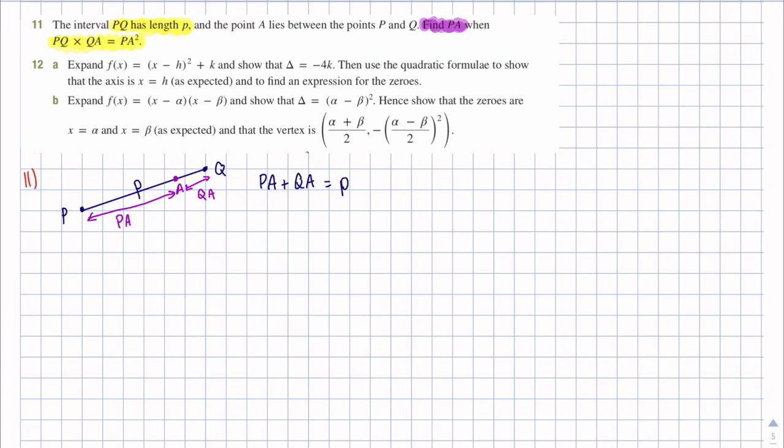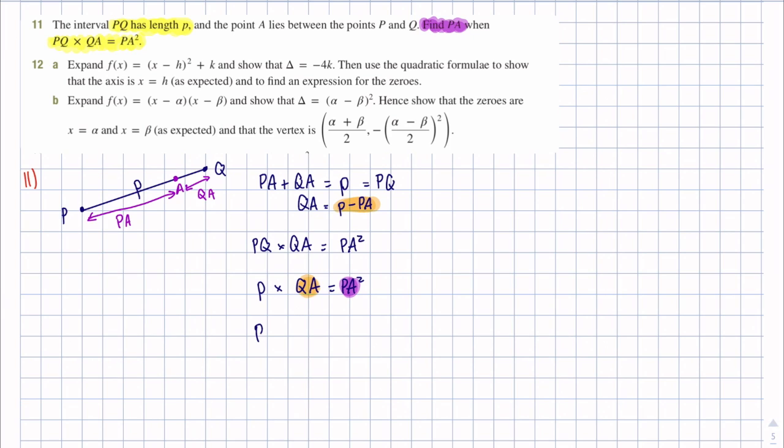I've also been told that PQ, why am I calling this little p if that's PQ? Times QA is PA squared. Which means PQ, which is little p, times QA is PA squared. And I'm trying to find PA. This is what I want to solve for eventually. I'm going to move this down a bit because I'm going to get an expression for QA. So QA is up here. If I make QA equal P minus PA,